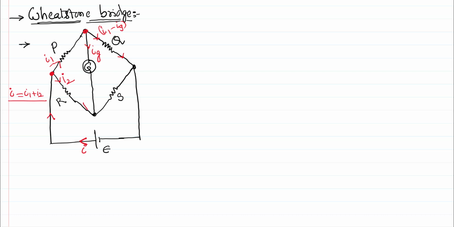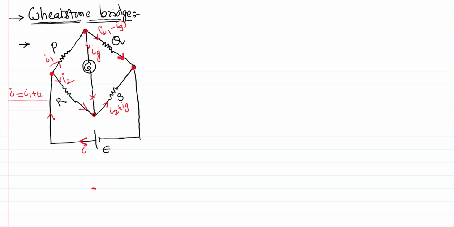This I2 will further progress towards this junction. Ig also is progressing to that junction. So the currents coming towards that junction are I2 and Ig. So the current leaving the junction is also equal to I2 plus Ig. So if you consider this junction,